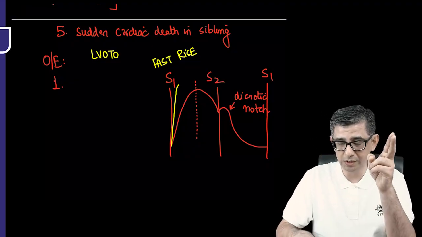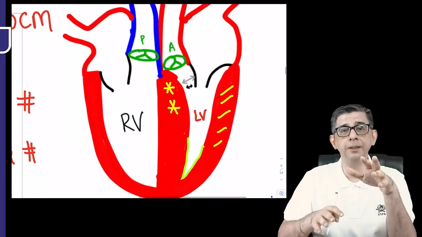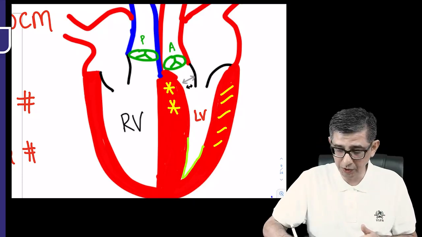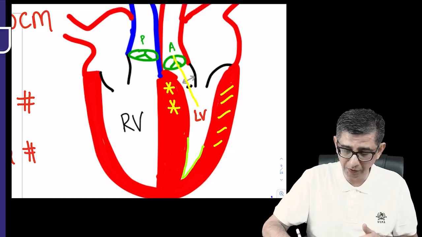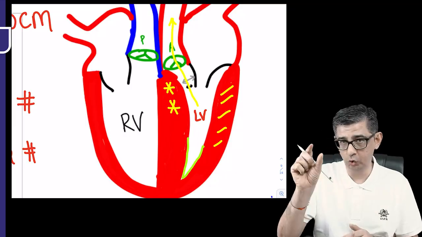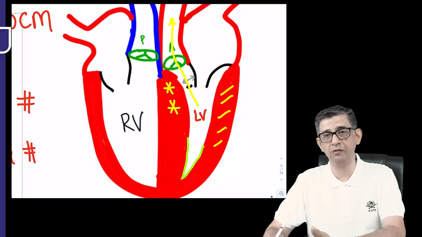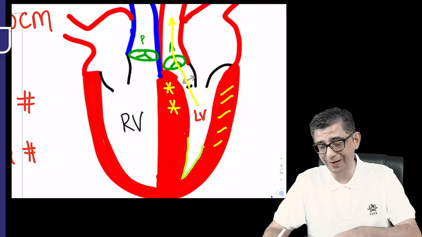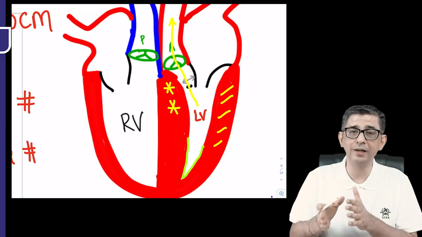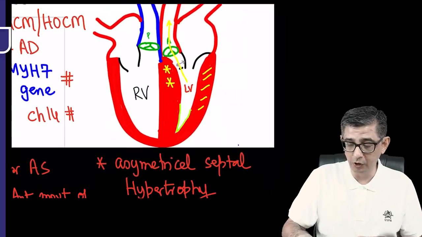I'm going to just move up my slide and bring the diagram to your notice once again. You can see that when the blood has to go out from the left ventricle towards the aorta of this patient, this is the route that the blood would be following. And you can notice that there's a tunnel. This tunnel is created due to two reasons. One is the systolic anterior displacement of the mitral valve. The mitral valve is abnormally placed in this patient. The second is the hypertrophic cardiomyopathy component. The combination of the two will act like a speed breaker, and this speed breaker will decrease the ejection velocity